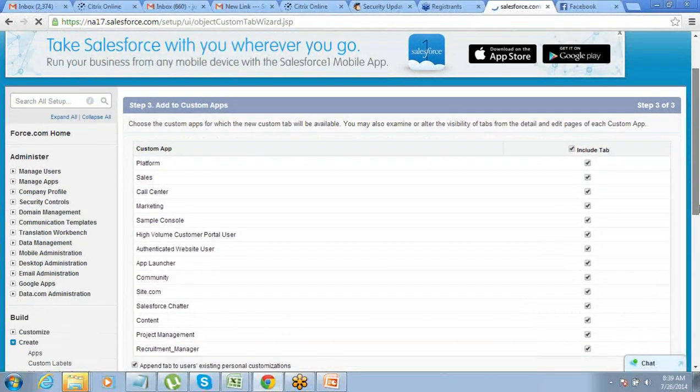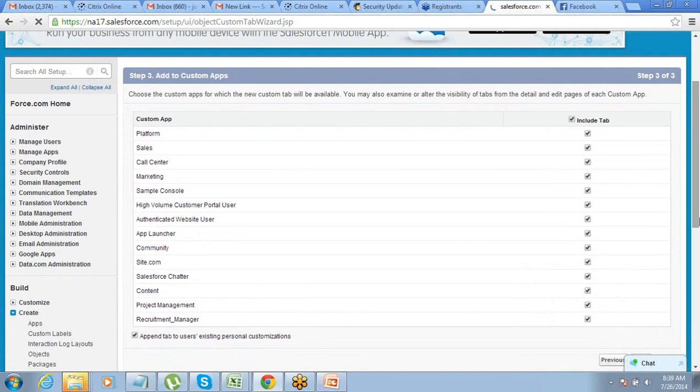Okay, now while creating the tab, it asks you a question. Under which all apps you want to see this tab? You just want to see it under the recruitment manager. If you want to see the same tab under some other app also, you should select that app as well. But I just want to see this tab under recruitment manager.